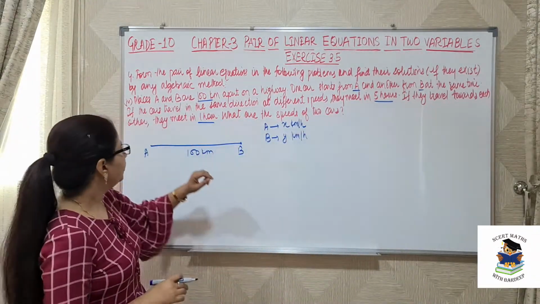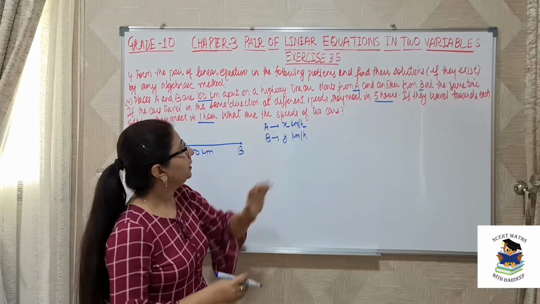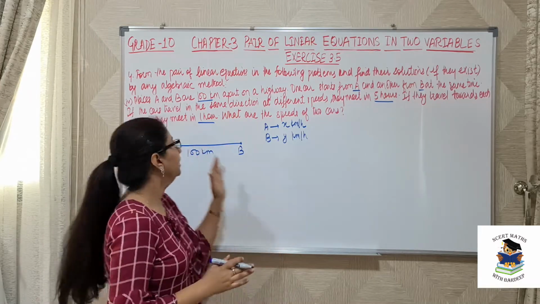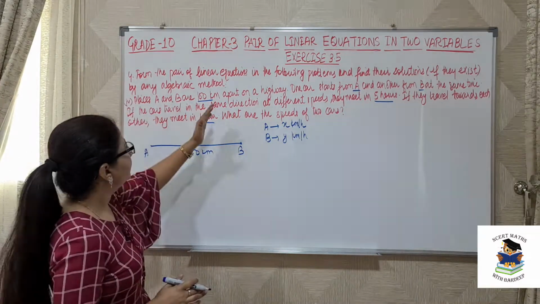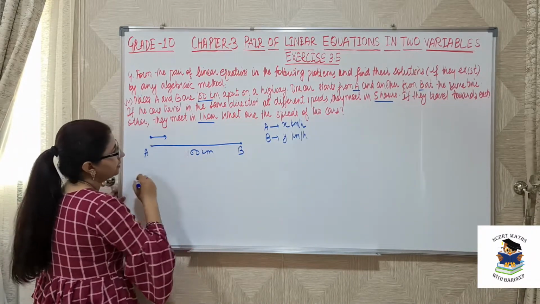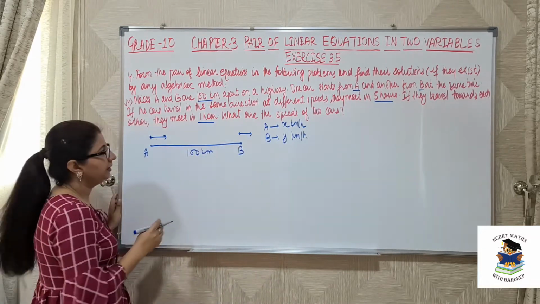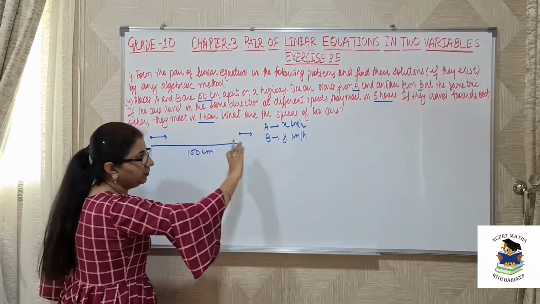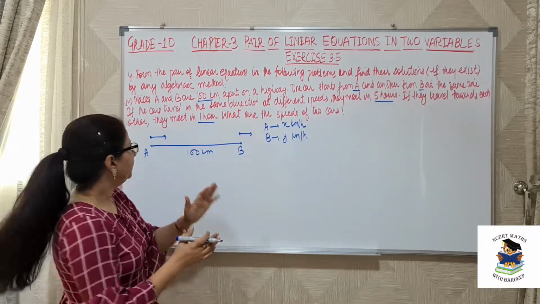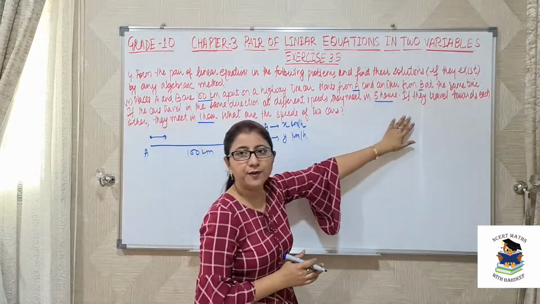Okay. So now let's understand the first case: one car starts from A and another from B at the same time. If the cars travel in the same direction, let us assume that one car is going in this direction and the second car is going in this direction, because they are moving in the same direction. Same direction means they will meet after some point. So how many hours until they meet? That is after 5 hours.